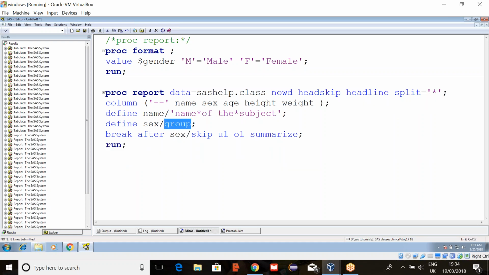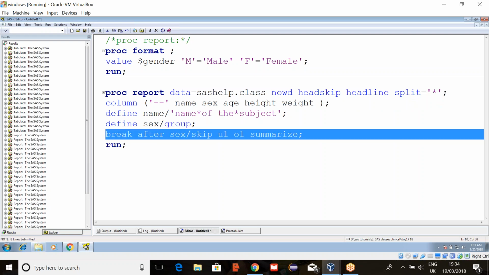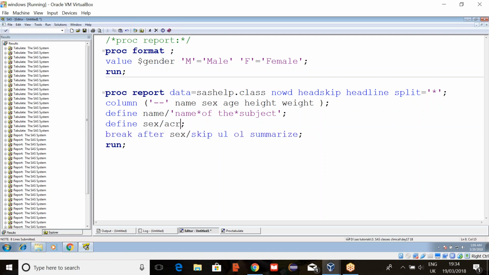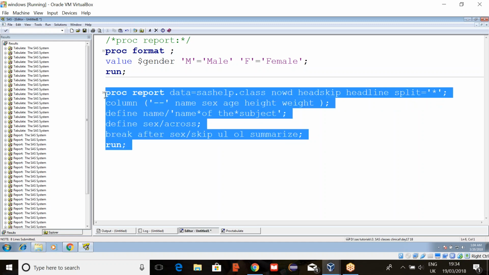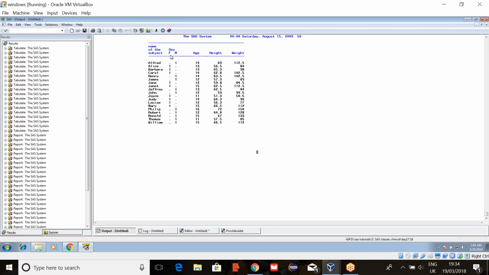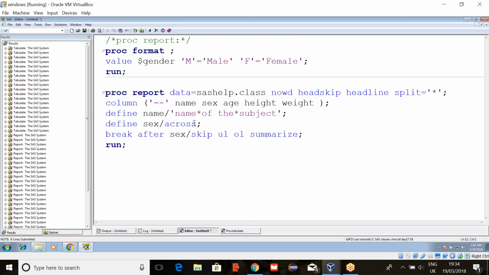Okay, and I forgot one more thing here. When you group this here, we had one more option called across. Across means it will make them as variable names like this. See, this X is having two values, F and M. So if it is a male record, under male it will give you 1. If it is a female, under female 1. And for male missing like this. This is like using an ID statement in proc transpose. There also it will make them as variable names, right?